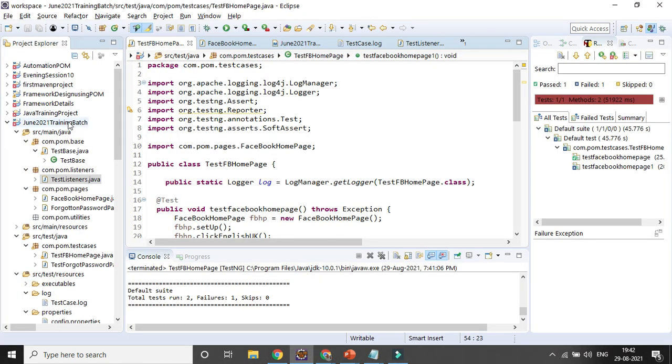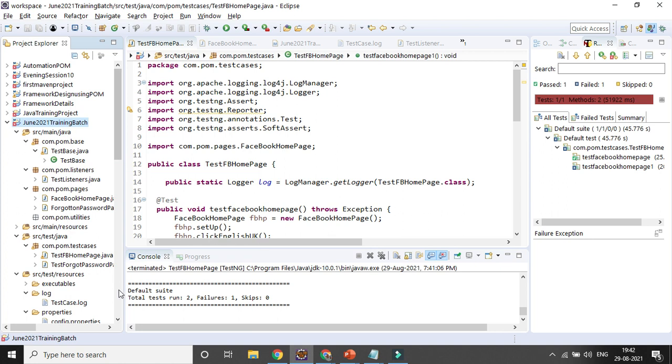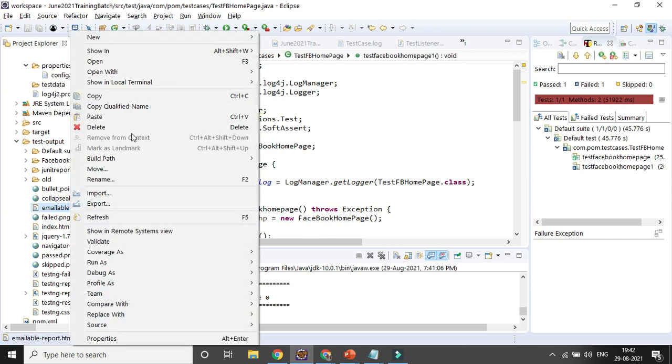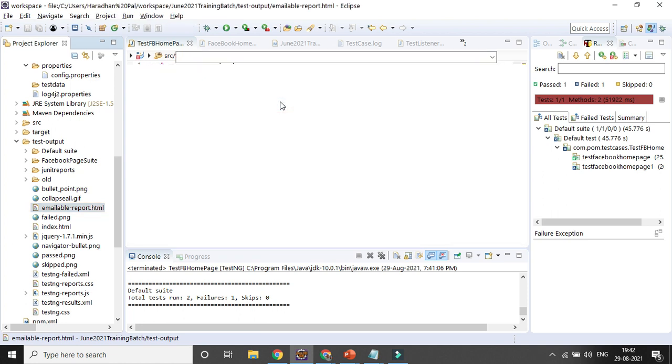Let's refresh the project one more time, and let's go to that folder here. That is the folder, and if you go here, the emailable report, just open it with any of the browsers and you can see here, right?